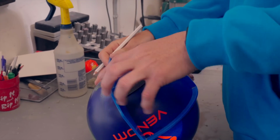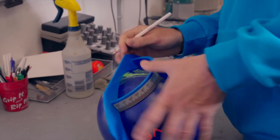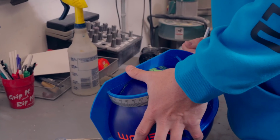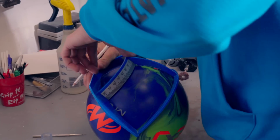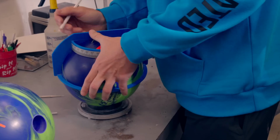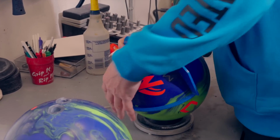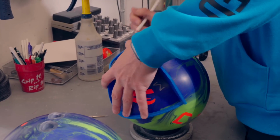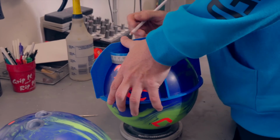I do the dual angle method. So I'm going to drill this one 45 by 4 3/4 by 70. That's my favorite-ish pin down layout. Sometimes I change it based on the amount of diff in the ball. Sometimes I go 4.5, sometimes I go 5. My axis does read on pin down bowling balls 5 1/4 over, inch up,